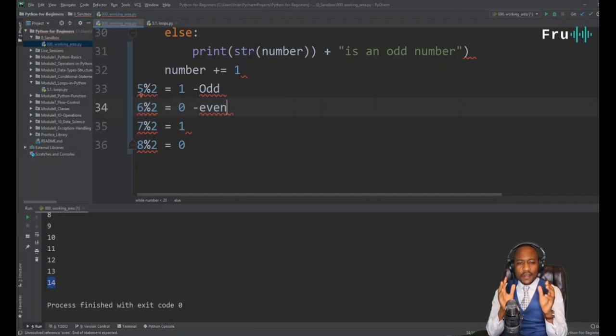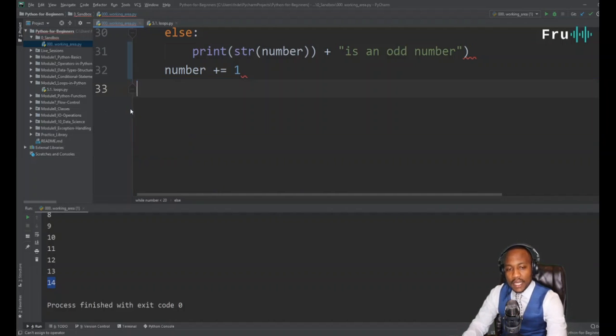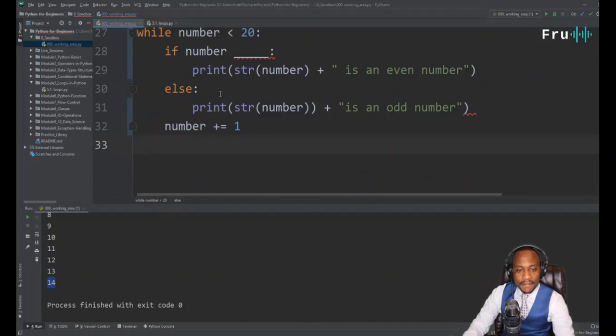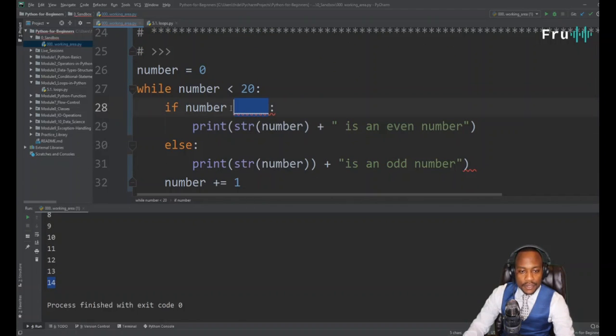All right, and it kind of keeps going back and forth. So if we do the number mod 2, if the number is 1, then we're dealing with an odd number. If it's 0, then we're dealing with an even number. All right, and this is what we can now use as a check within our function. So let me go ahead and delete that. So now we can come in here and fill in the details and say if number mod 2